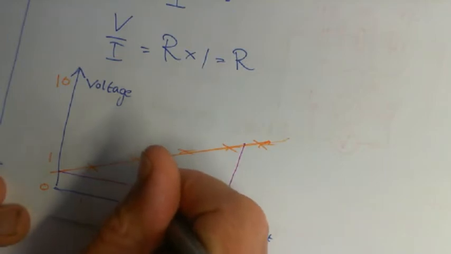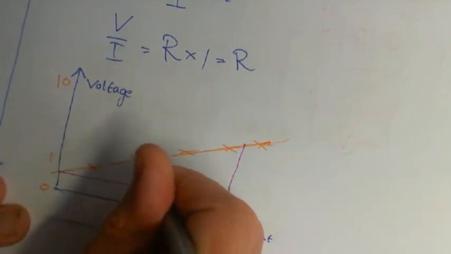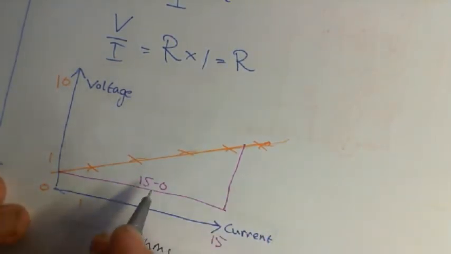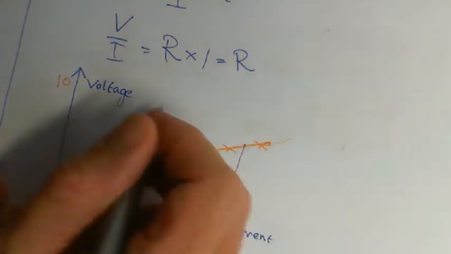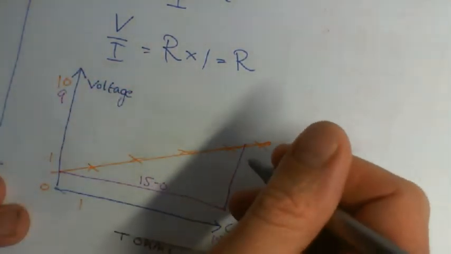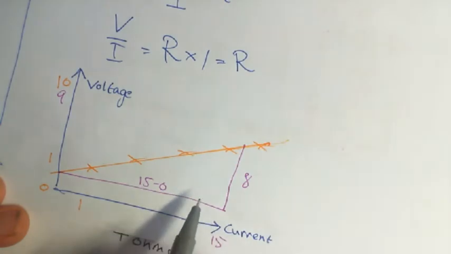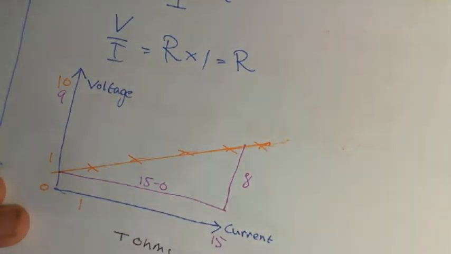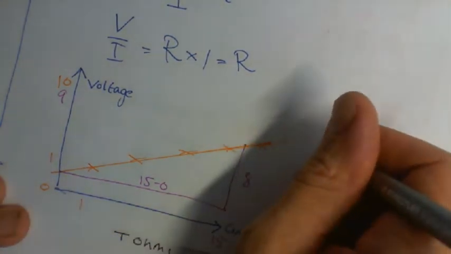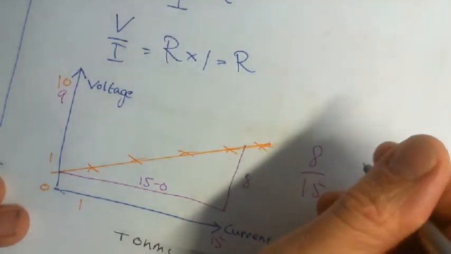Then I know that my current is 15 minus 0 for that triangle. And if I know that that's 1 and that's 9 up there, I know that this length here is 8 for that bit there. So I would know that if I did 8 divided by 15, that is equal to